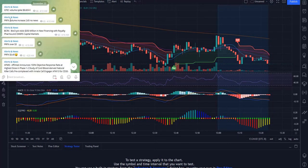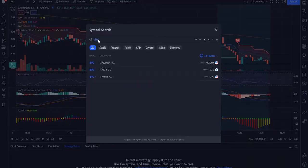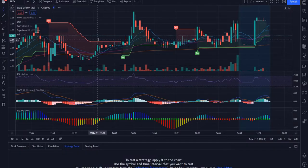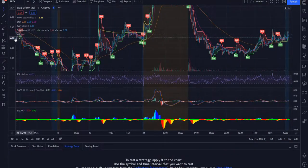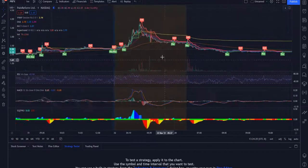And then we had this news about PRFX. The reason why I didn't get in PRFX is because the news is one catalyst, but I need to see something on the chart that makes me want to get into it. And this was during pre-market. So aside from this run-up, as you guys know,